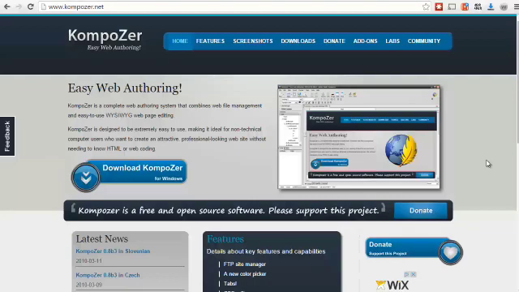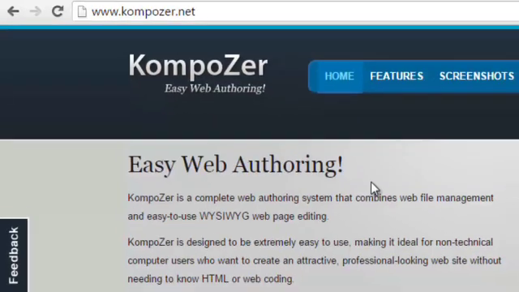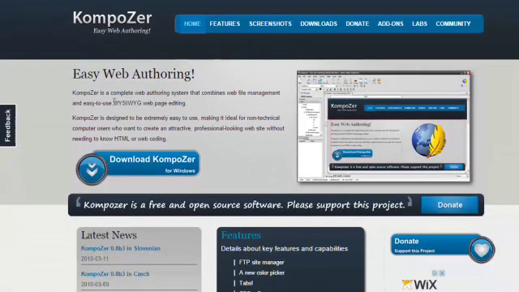So the easiest way to access Composer, the HTML editing tool, because we are going to be utilizing this tool in this video course, is by going to kompozer.net, as you can see up right here. So that's kompozer. So it's kind of like Composer with a C, but it has a K. Now, as you can see, it is an easy web authoring tool. It's what we call what you see is what you get. So you see it on the screen as a web editing tool, and the code will actually be shown on the back end. So I'll show you that in just a minute, but I highly recommend you just go ahead and